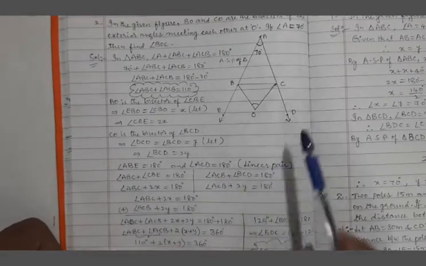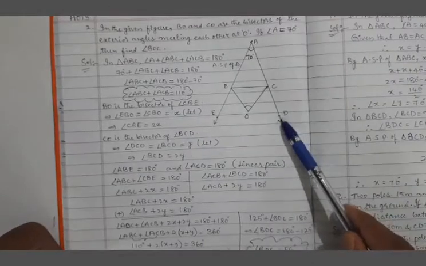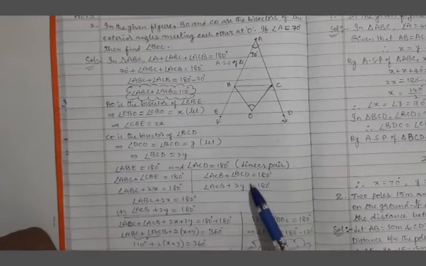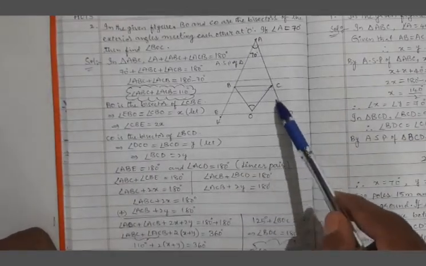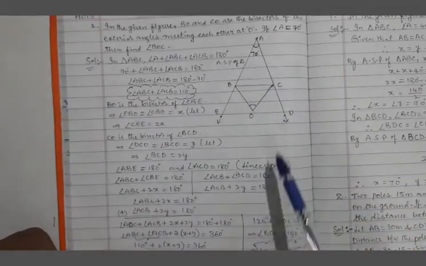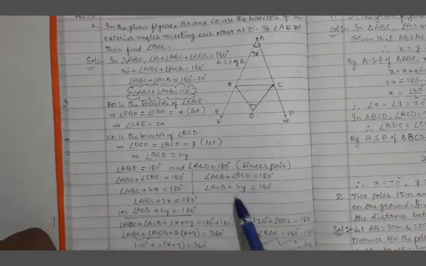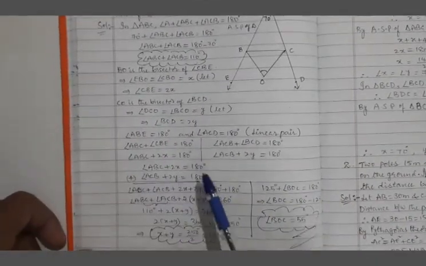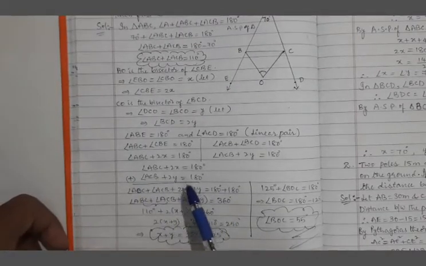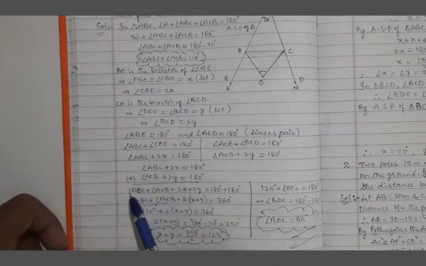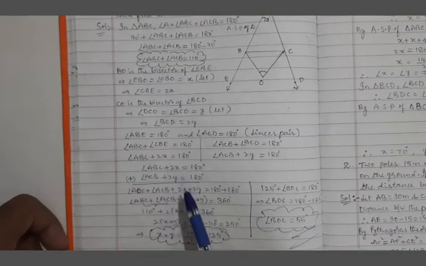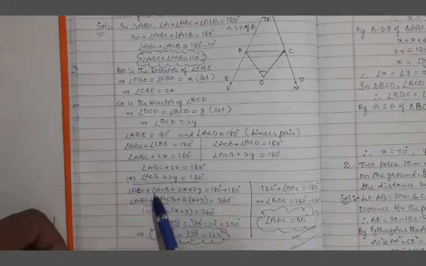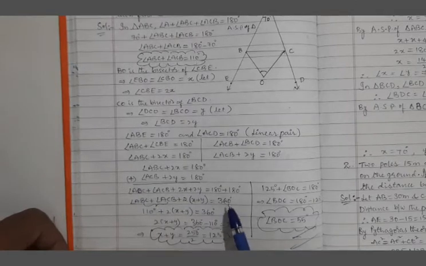Again, on the right side, ACD is also a linear pair, a straight angle forms over there. Therefore, angle ACB plus angle BCD, this total equal to 180. The lower one we assumed as 2y, angle ACB equal to 2y. Now, these two things write at one place and add. Angle ABC plus 2x equal to 180. Angle ACB plus 2y is equal to 180. When added, angle ABC plus angle ACB plus 2x plus 2y equal to 180 plus 180. Now, angle ABC plus angle ACB, these two we are writing as it is. 2 into x plus y is equal to 360.